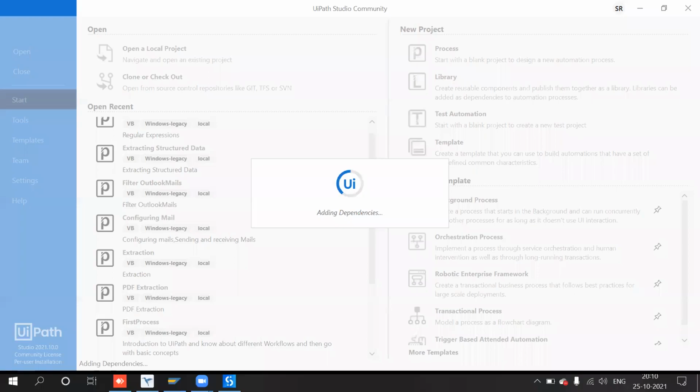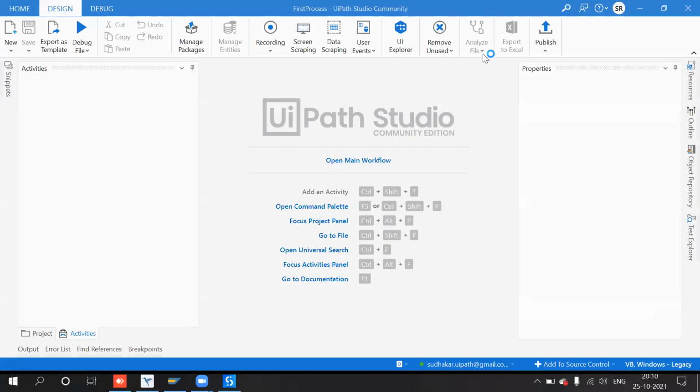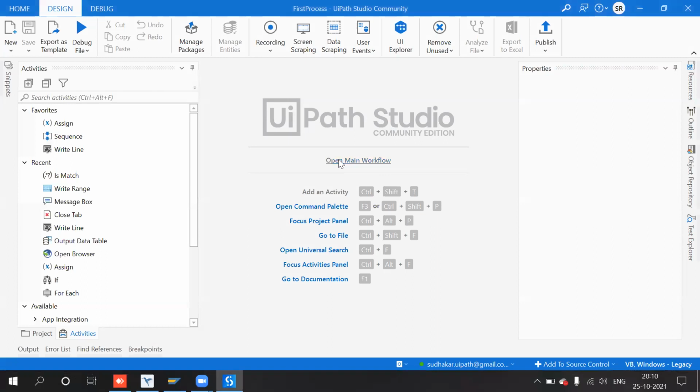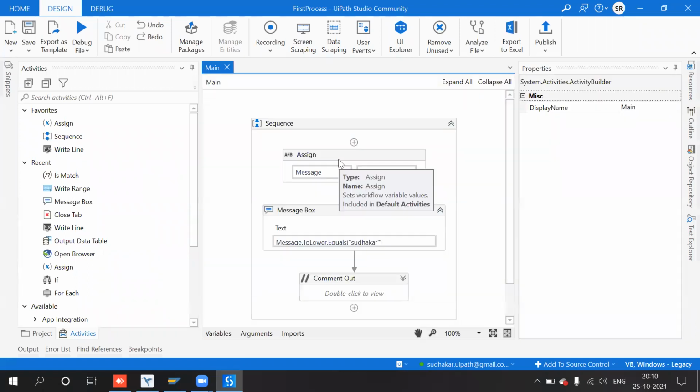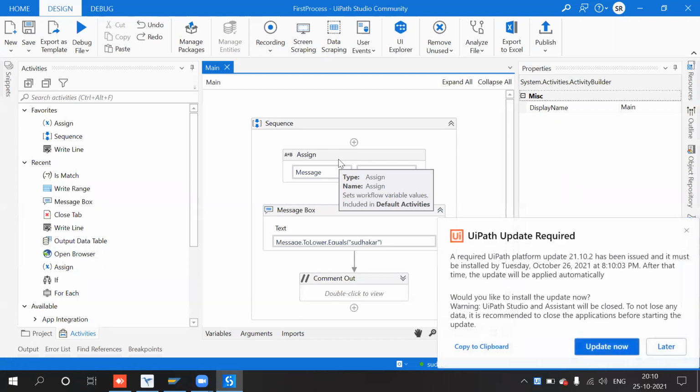Okay. So last class we discussed the different activities like assign activity and message box, and the differences.